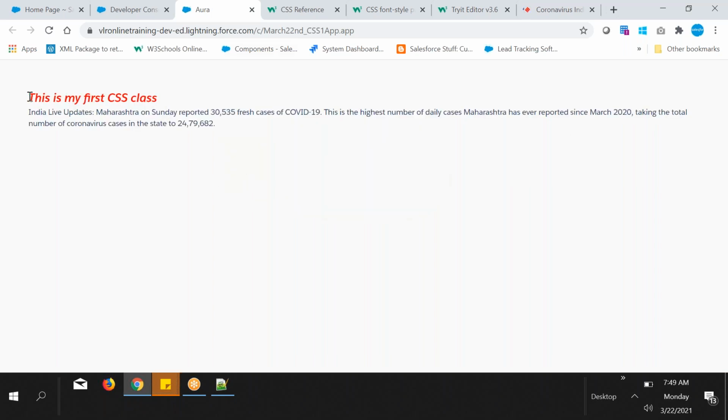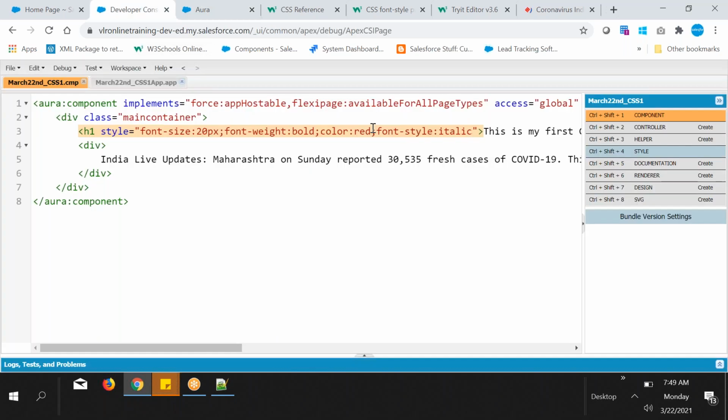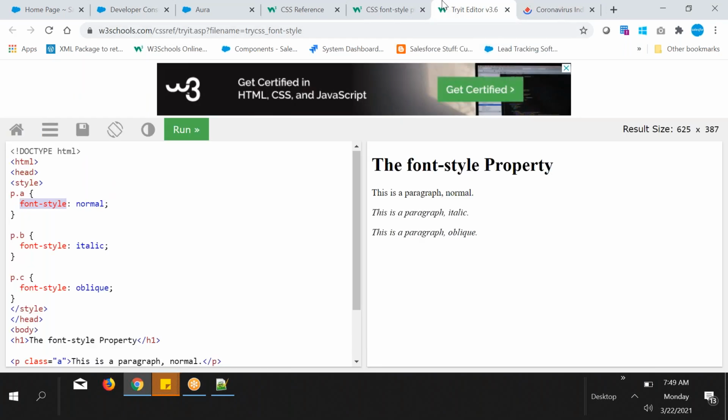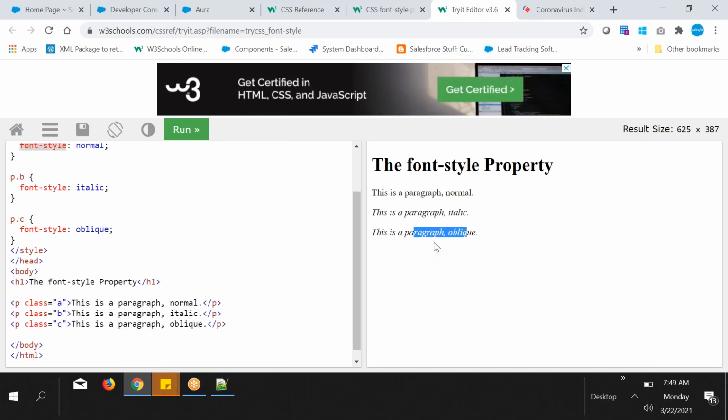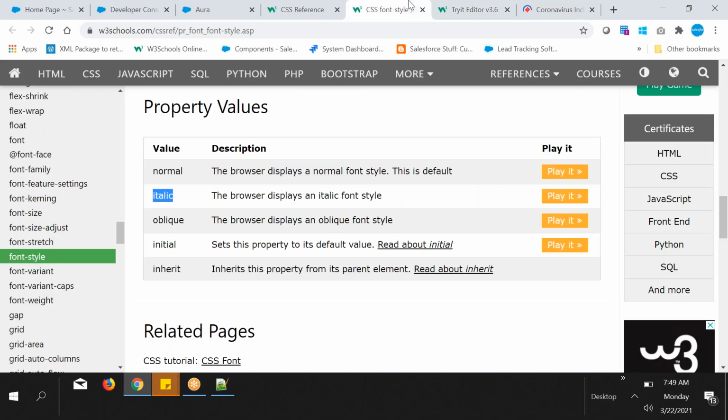You don't need to use an HTML tag like i to display this as italic. With the help of CSS also you can display this as italic. So font style, normal, italic, oblique. They have given these, you can just check it. You need only these three styles.